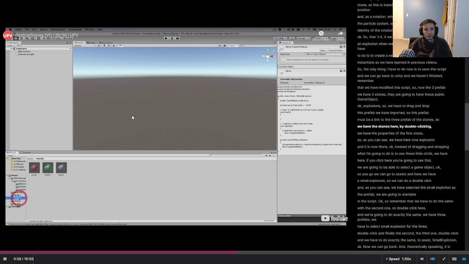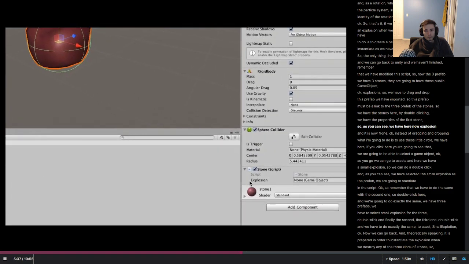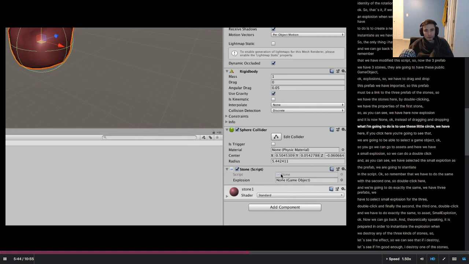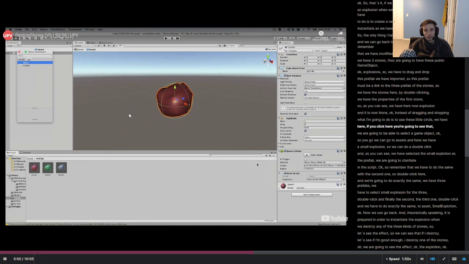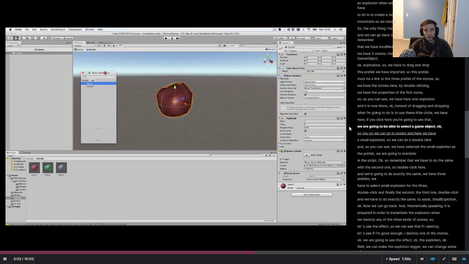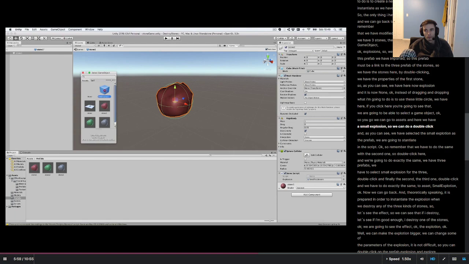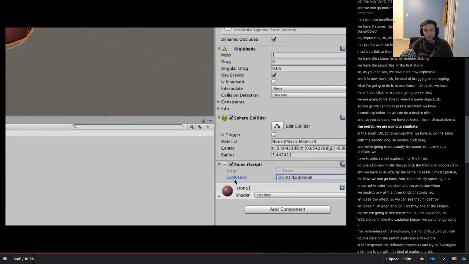So we have the stones here. By double clicking, we have the properties of the first stone. As you can see, we have here now explosion and it is now none. Instead of dragging and dropping, I'm going to use this little circle. If you click here, you can select a game object. So we can go to assets, and here we have a small explosion. We can double click, and as you can see, we have selected the small explosion as the prefab we are going to instantiate